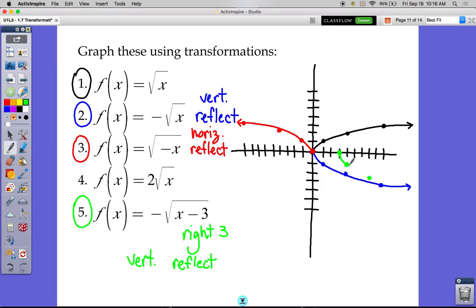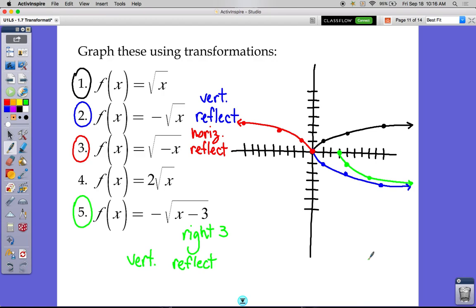I'm not going to do the 9 just because it's off my chart. I don't want to. And that last line got a little sloppy. That's going to bother me, so I'm going to redo it. Let's see if that's better. That's good. So there we go. We move to the right 3. We reflect it vertically. And that becomes our graph